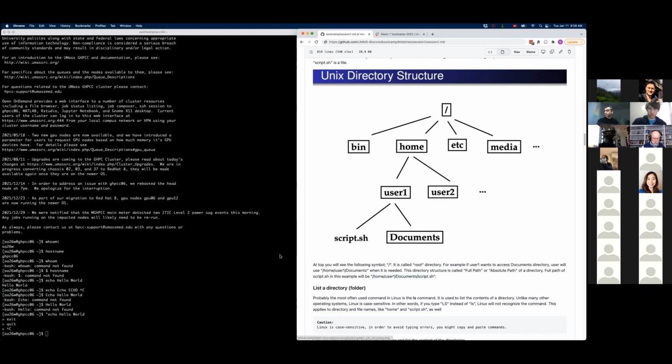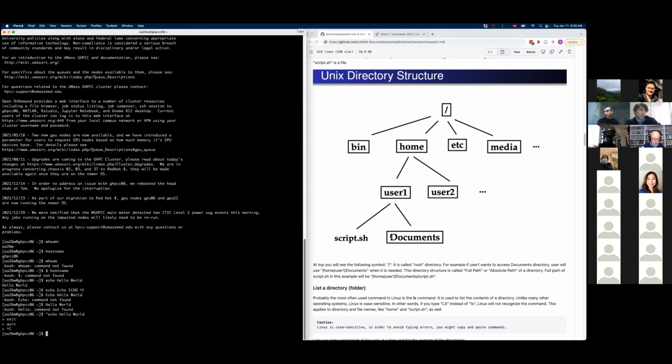So in the command line, whenever we are referring to a file, if it doesn't start with a /, its path is considered to be relative to where you are. So if we are in the directory user1 and we just type script.sh, it's going to be the relative path to here, and it's going to be acceptable.